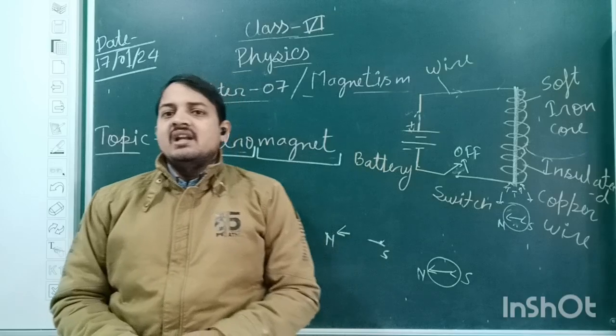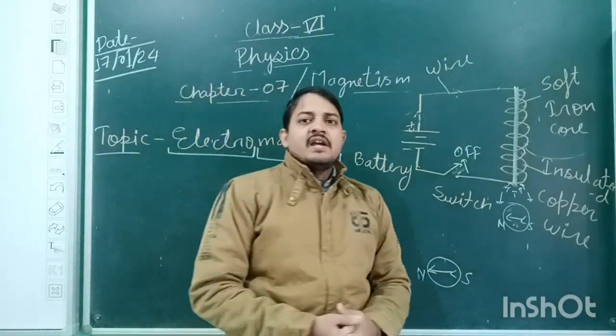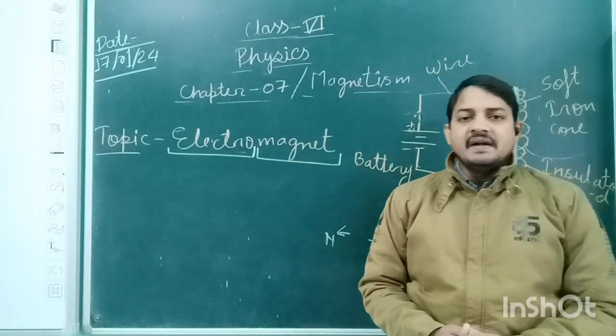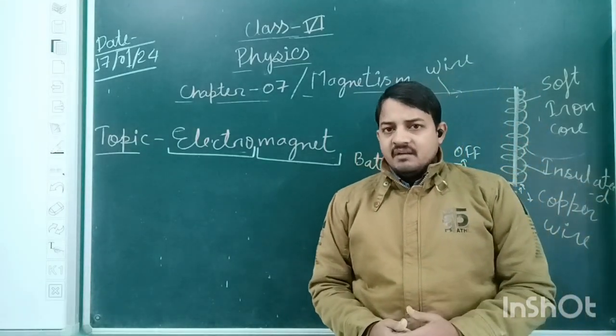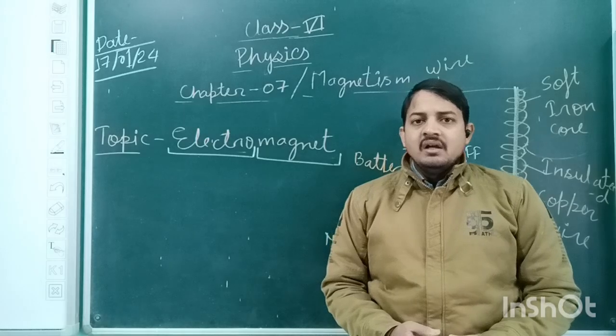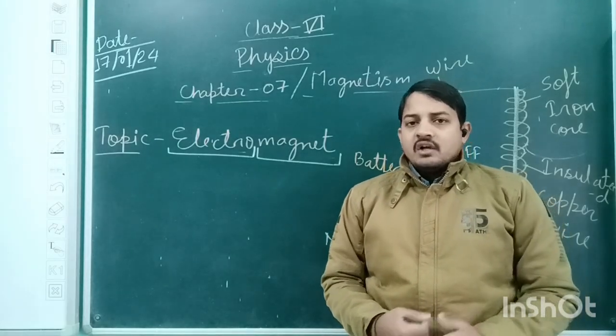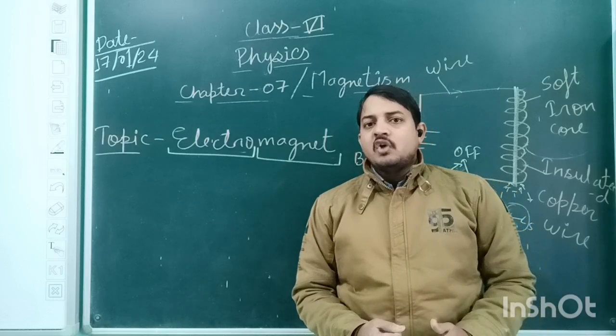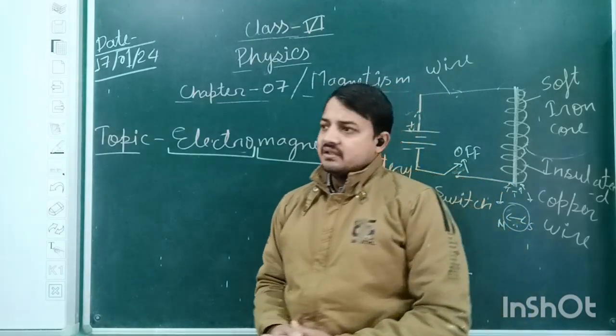Okay. So that's all for this class. In the next classes, we are going to discuss the remaining topics. Only two topics are remaining in this chapter: the permanent and temporary magnets, their differences, and how we are going to take care of the magnet or magnetic keeper. We can discuss these in the next classes.